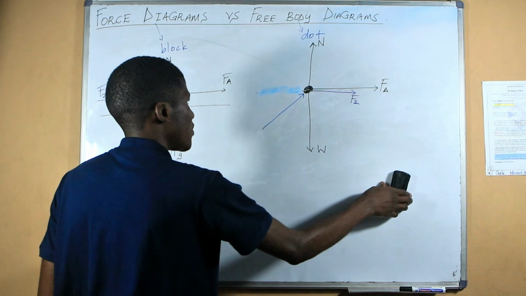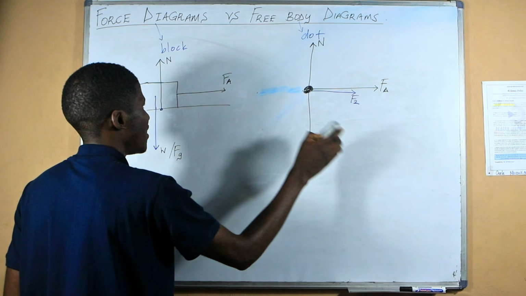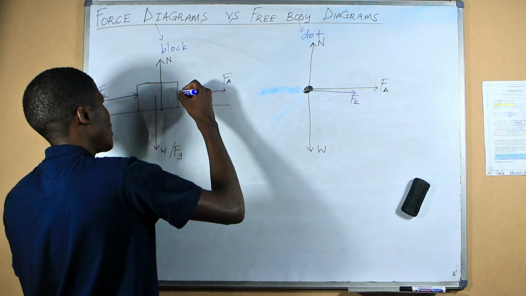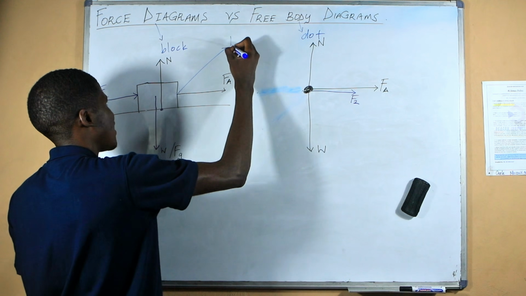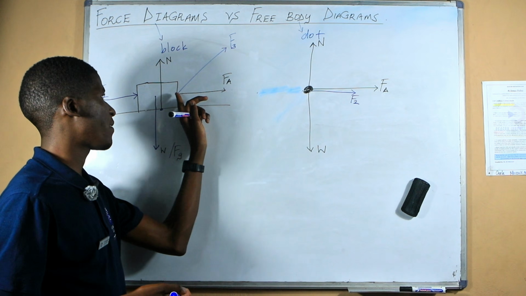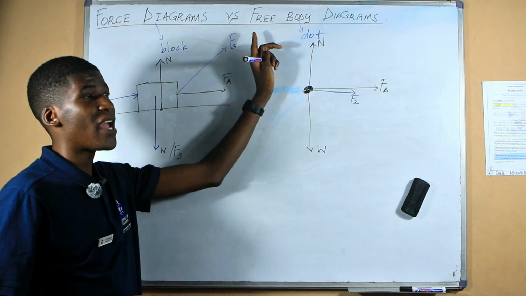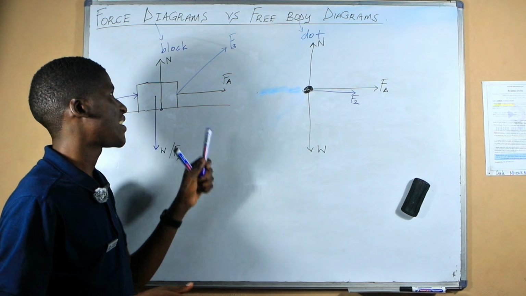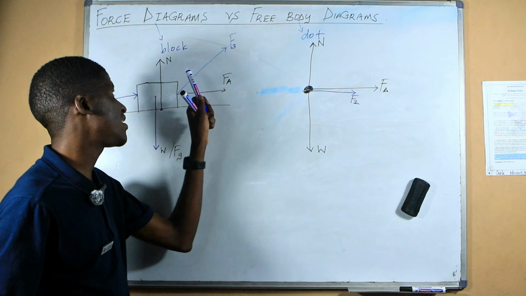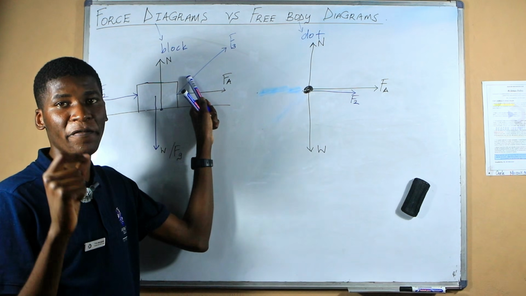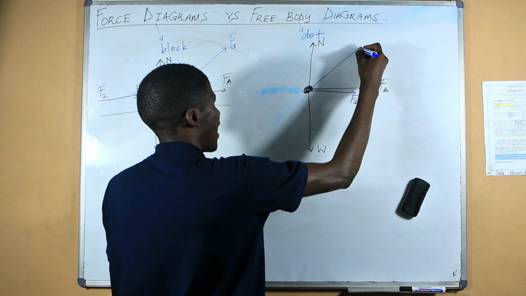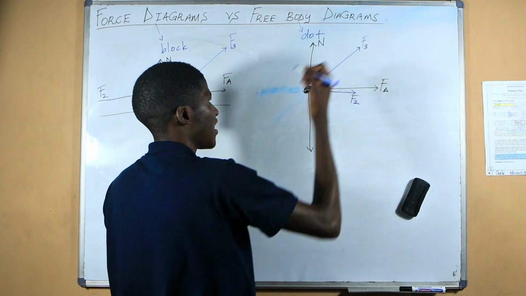So if I want to add another force, let me just say this time I add a diagonal force, and I say that this is my force 3. This is my third applied force. If I put this third applied force here that is pulling in that direction, on a free body diagram, remember we say that the tail of this force vector must exactly be on the dot. So this force 3, whenever I draw it in a free body diagram, I must draw it from the dot. So in this case, this is from the dot. I draw this F3.